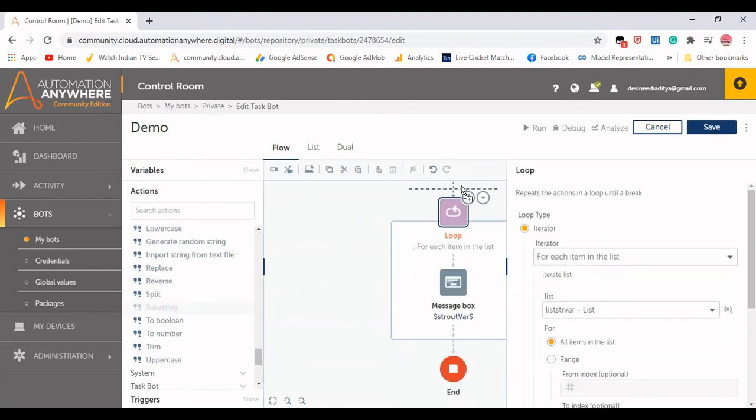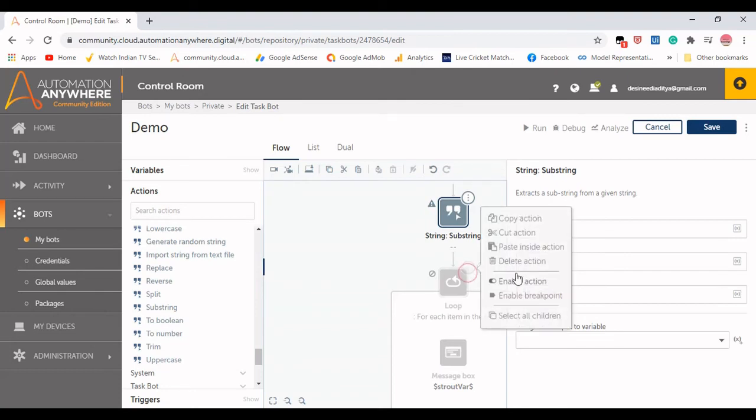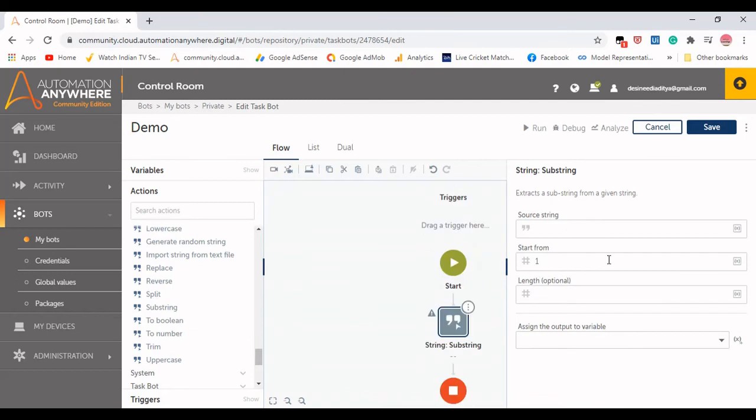Now let us take a substring, and let us disable this particular action. We do not require this particular action, so let us delete it, and in the substring we need to enter the source string.